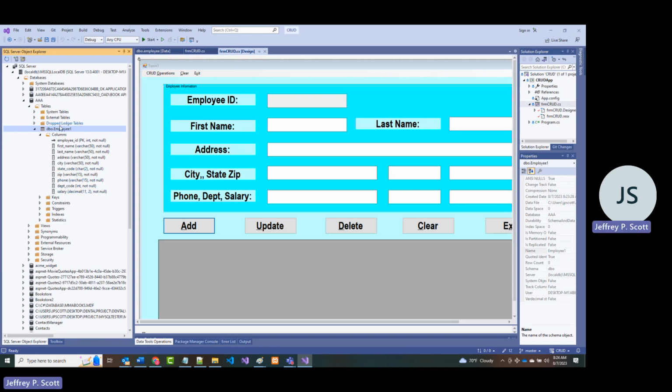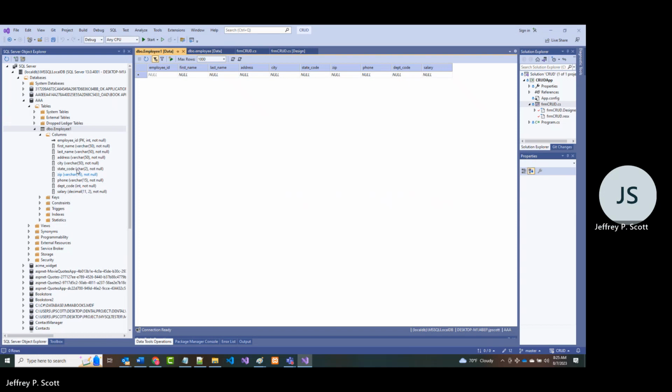Now, if I come in here, there's other things that I can do as well. But if I do come in here and I say view data, there is no data, but I could come in here now and start putting stuff in. So for instance, I can come in here and let's just put me in. I'm not going to fill in a number for the employee ID. So Jeff Scott,